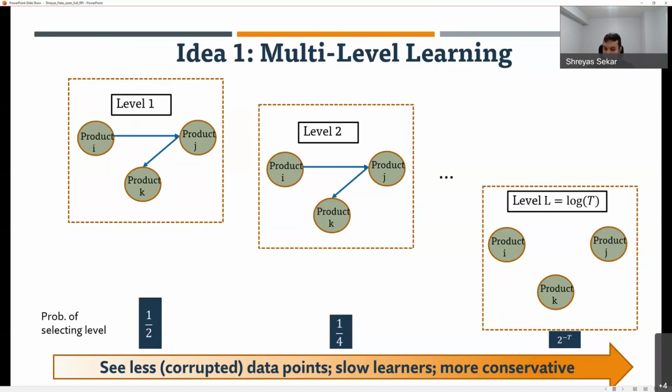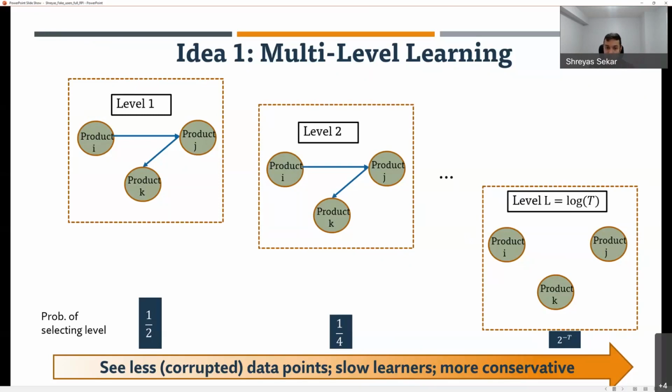Okay, so let me rephrase this. You have a natural trade-off between the speed of learning and the number of fake users you see. The more fake users you see, and that happens at the lower levels, the faster I can learn. The fewer fake users you see, that happens at the higher levels, the slower I learn. So the idea behind this algorithm is that one of these different levels is going to have the optimal trade-off between learning speed and the amount of fake users, right? Remember, each of these levels targets a different conservatism level. Now, one of these different targets is optimal. I don't know which one it is, but over the course of the algorithm, I'm going to end up converging upon the right one.